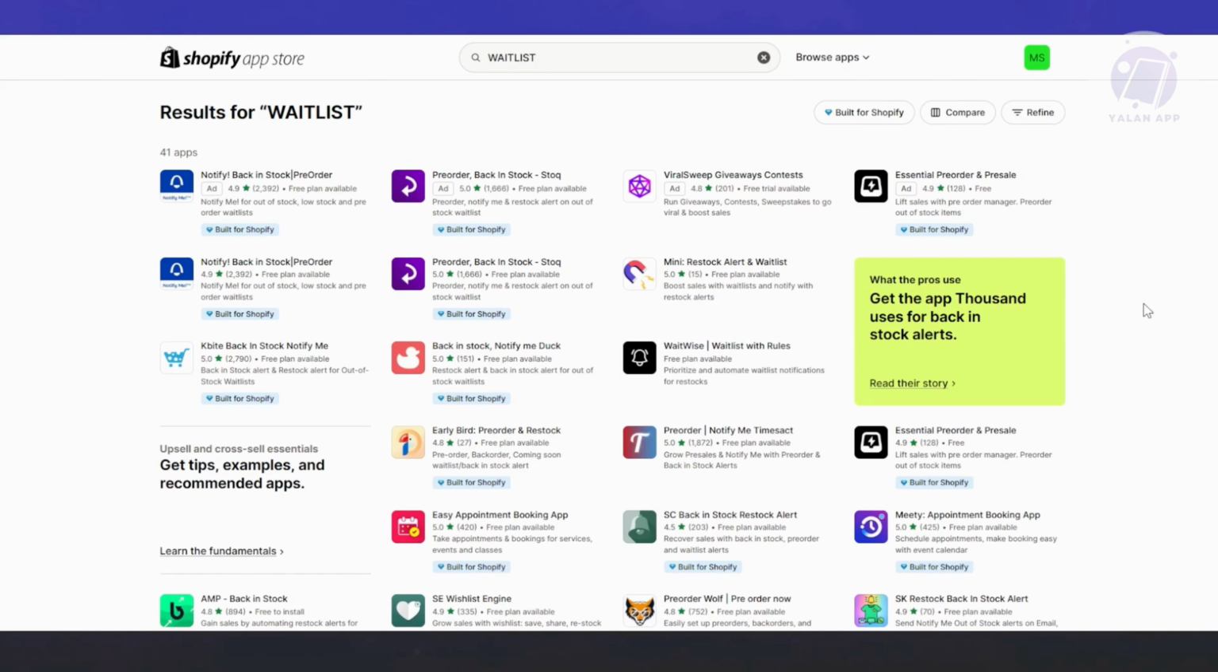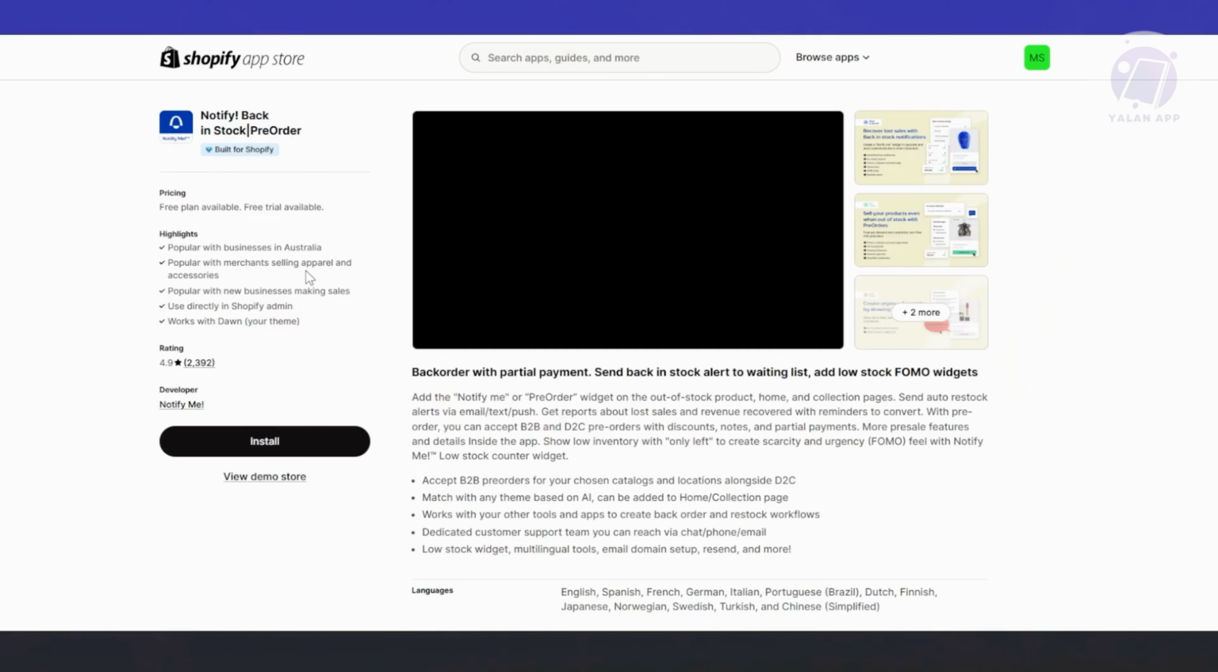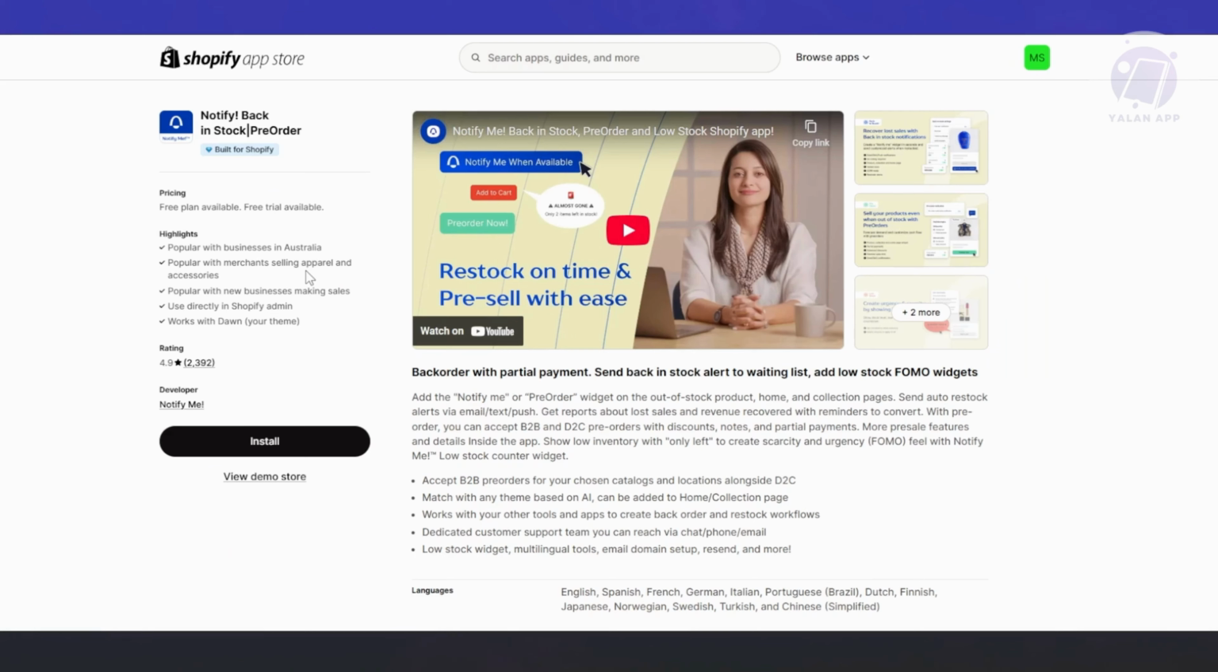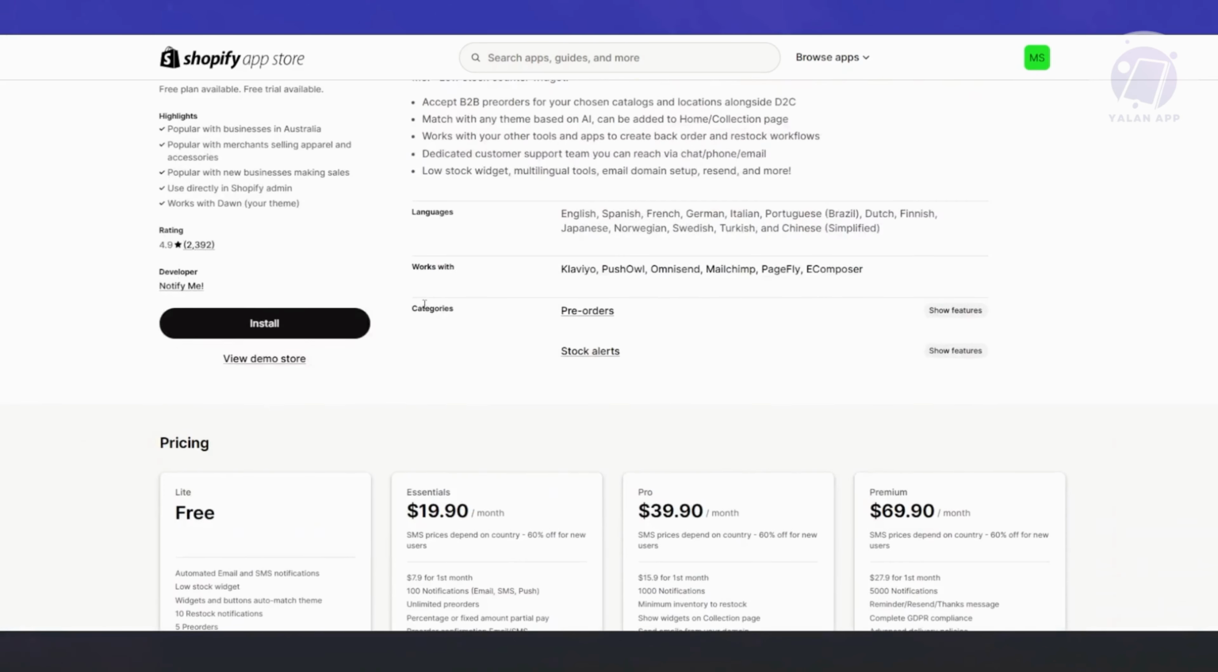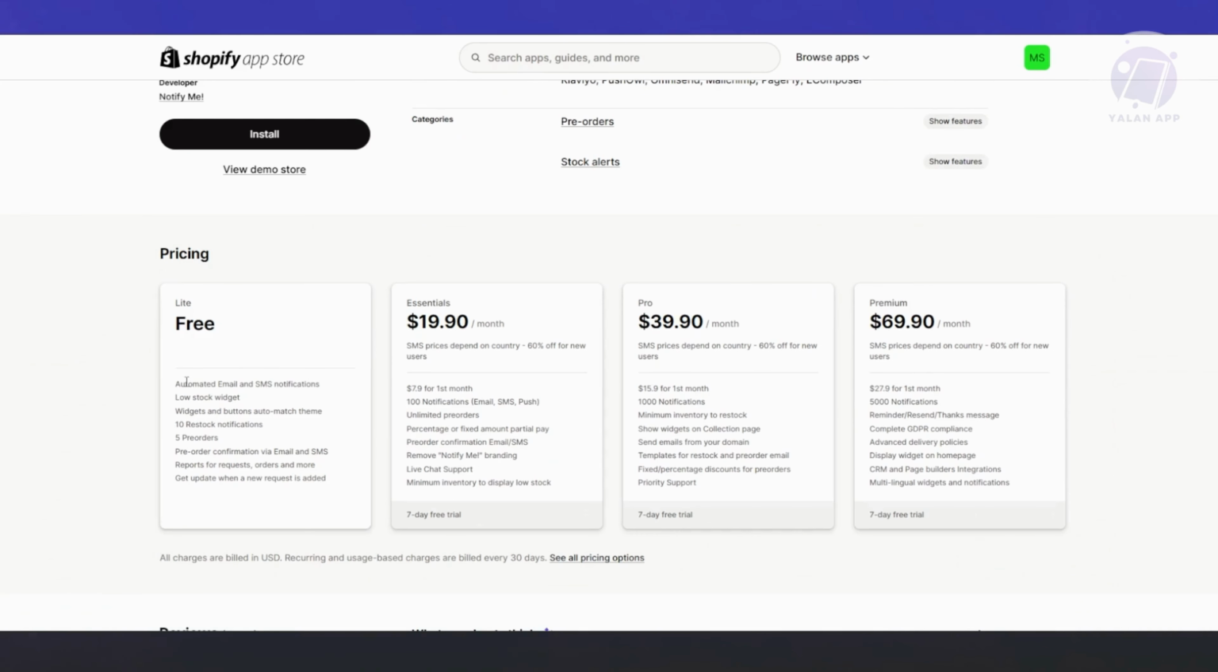Again, like I said, there are going to be a lot of apps here that you could use. As you can see, the most popular one, which a lot of people are using right now, is Notify Back in Stock, which is actually a pre-order app that you could use. The great thing about the app itself, if you open this up, is they offer a free plan that you could use on your store. As you can see, there's a free plan here. So there's automated email and SMS notification, low stock widget, also widgets and button, auto match themes,